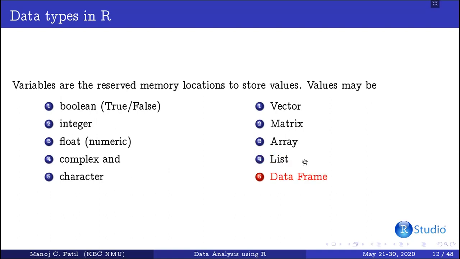Okay. Data frame. I will say that a data frame is a generalization of a matrix. It is also two-dimensional, but as a vector has the same data type for all variables, a matrix also has the same data type for all values inside that matrix. It is not the case with a data frame, but for the column case, it has rows and columns. For the column case, they have the same data type in a column.